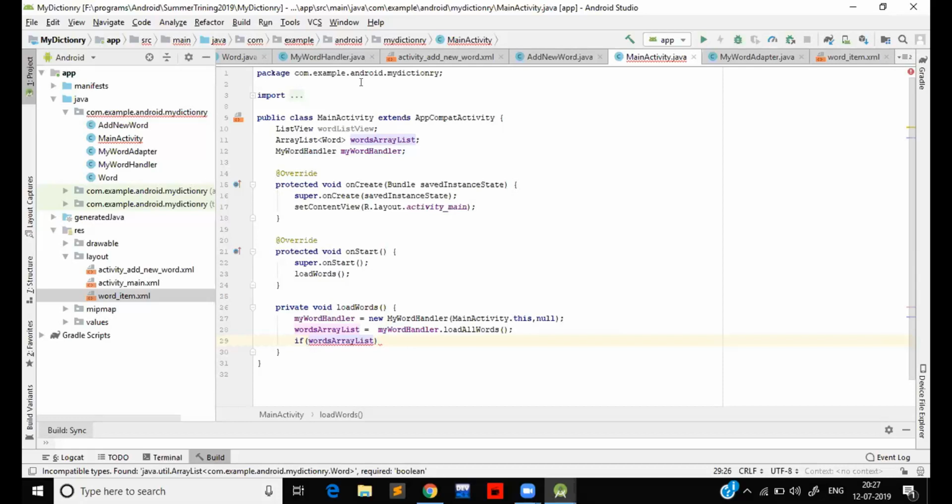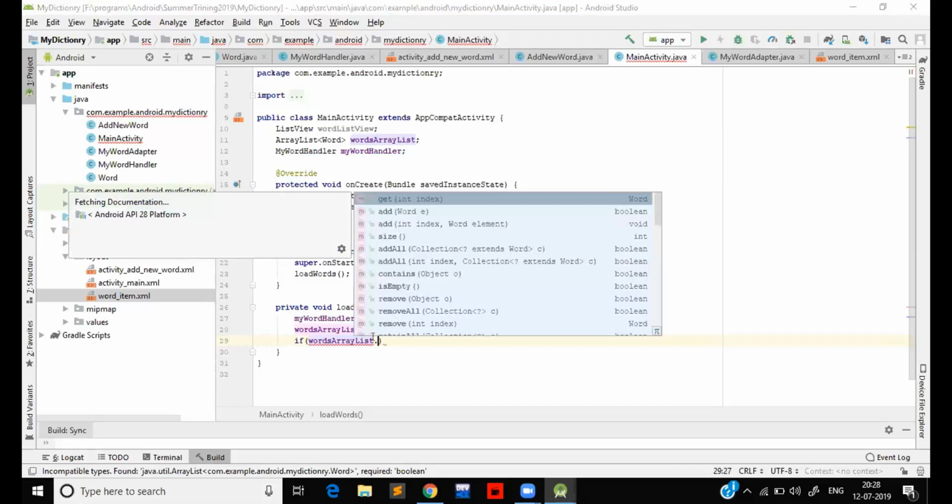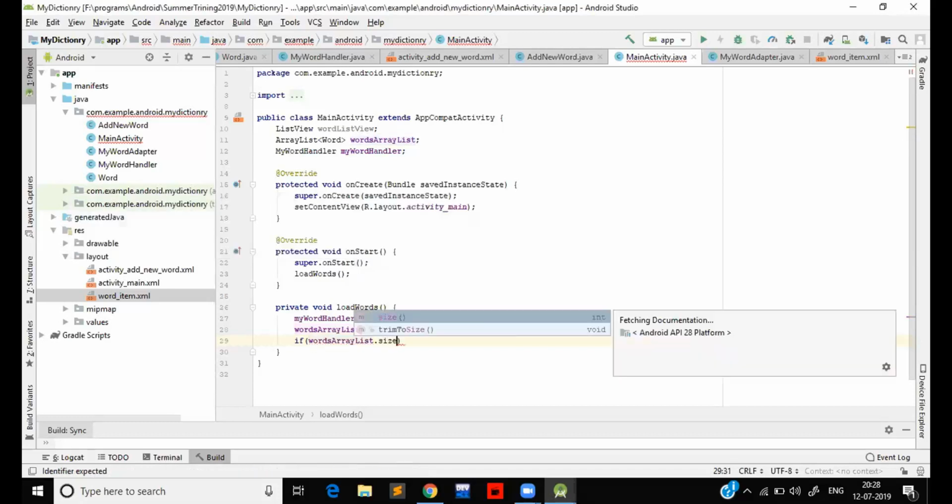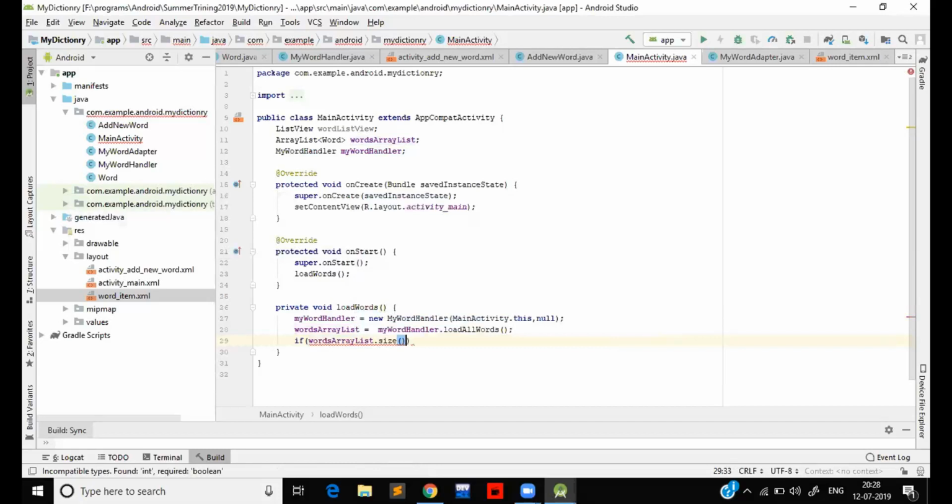So let us just check if the size of our array list is 0, then we would do nothing. Otherwise we would create the adapter and map this adapter to our list view. So we would check if word list dot size is not equal to 0, then what we have to do,